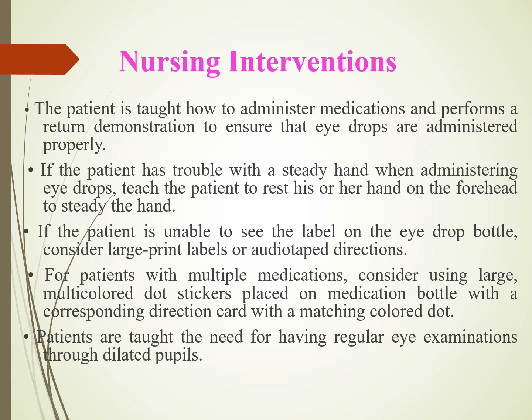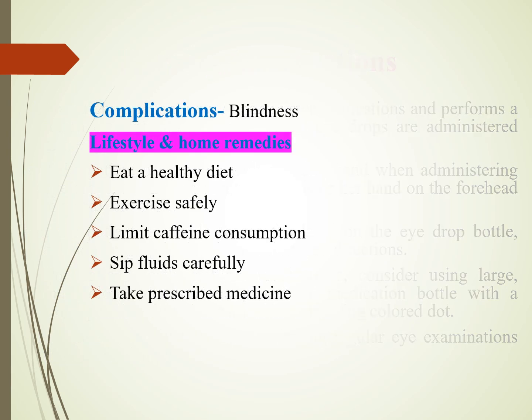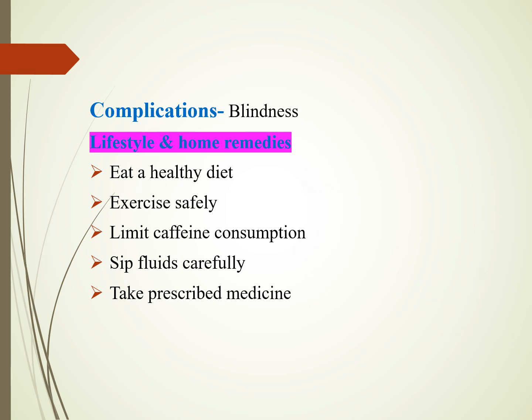Patients are taught the need for having regular eye examinations through dilated pupils. The complication is blindness. As a patient with glaucoma, the lifestyle and home remedies to prevent worsening of glaucoma are: eat a healthy diet, exercise safely, limit caffeine consumption, sip fluids carefully, take prescribed